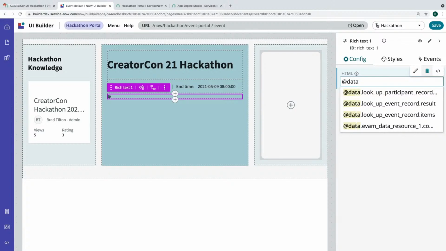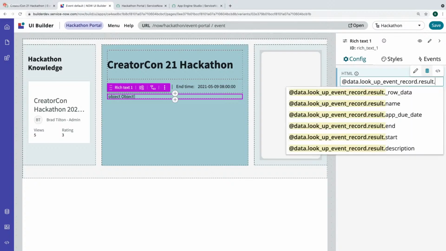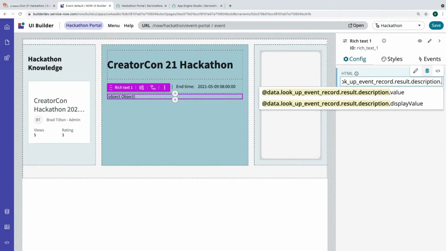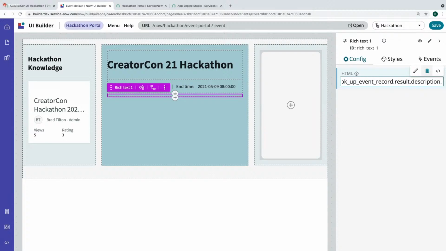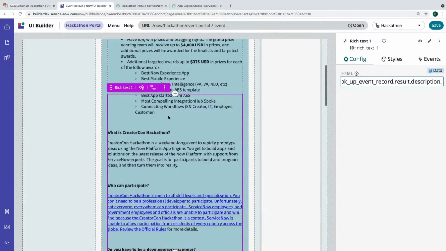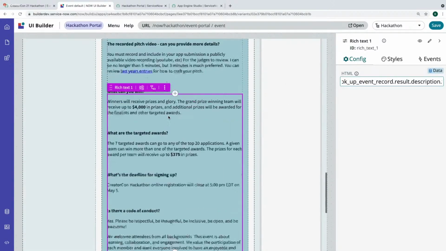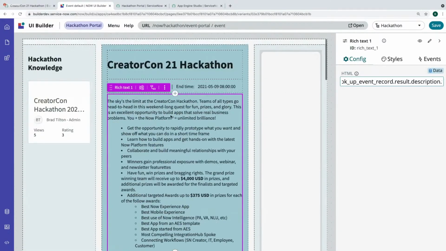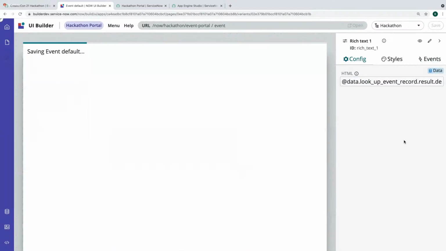I know I want data, I want lookup event record, and I think that was the result. It was, and then we want description, and then I want the value. Let's see what happens. Hey, that looks like HTML. All right, so we have this very long HTML going in there. So I'm going to save.